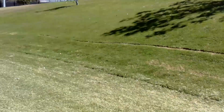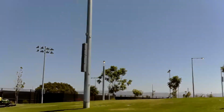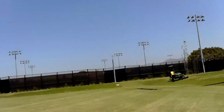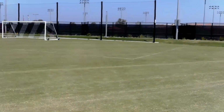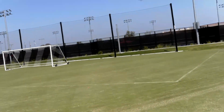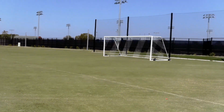And this is the little bit of wind, and it's just going all the way down to the other side of the field here. And for some reason I regained control at this point, it looked like. So I tried to bring it back, but then I lost control again, and I think I eventually crashed here